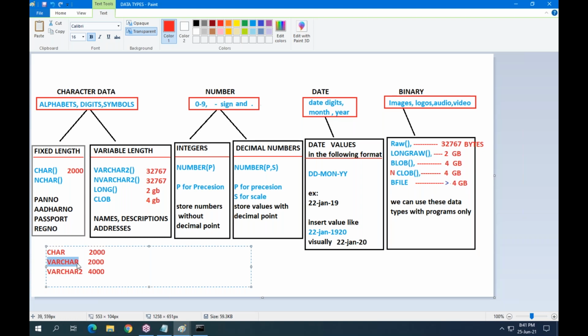So after Oracle 9i, we have varchar2. This is replaced with varchar2. What is this 2? 2 means second version of varchar. It will store variable length values with maximum size 4000 characters. Hope you understand.